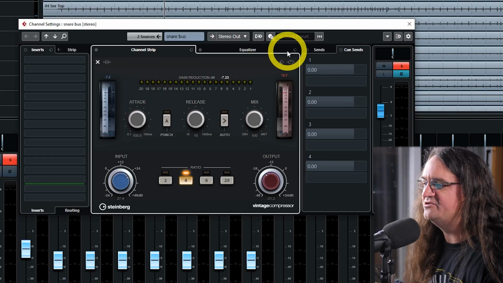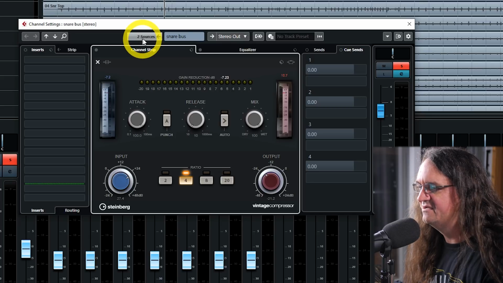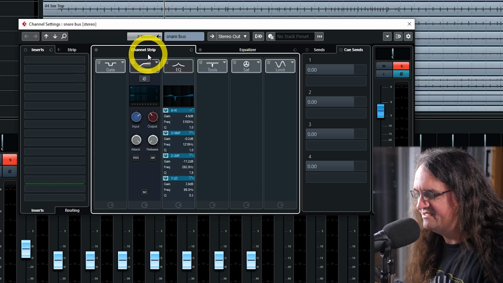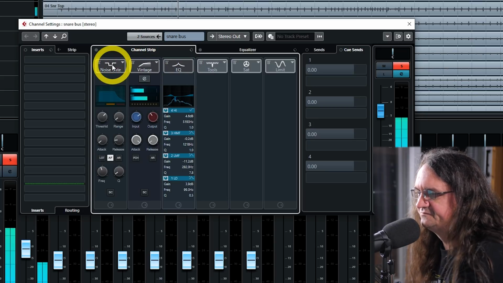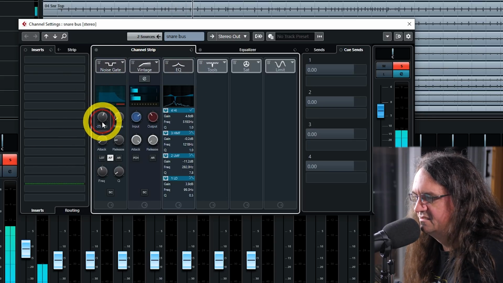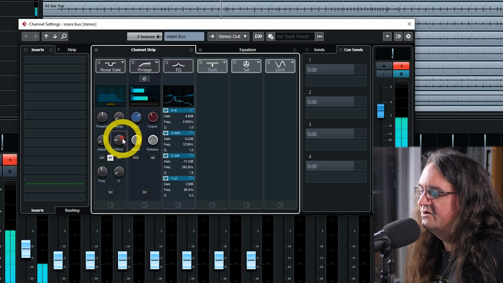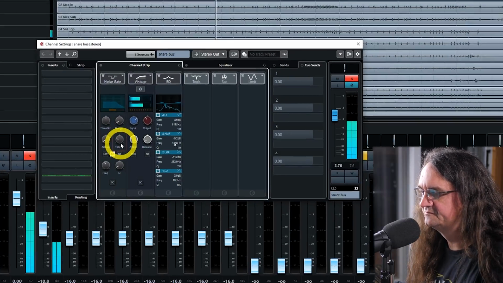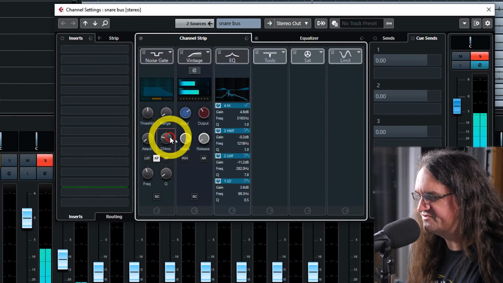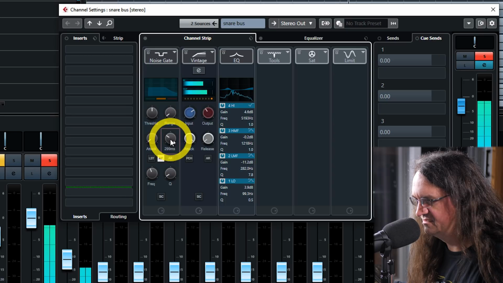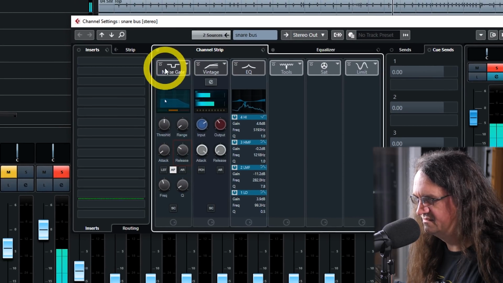And last thing we're going to do is just add in a bit of a gate, because it really freaking needs it. Now, there's a little bit of bleed there. Pull the threshold back. We're going to go like 200 millisecond release time, maybe 300. If we punch that out,